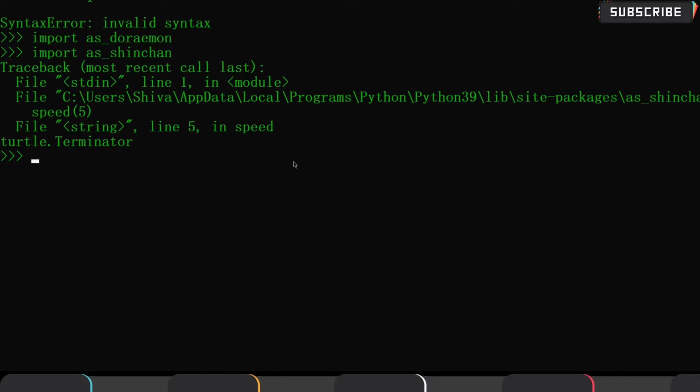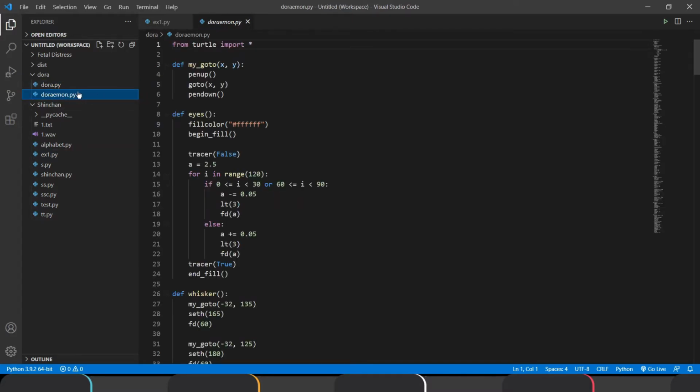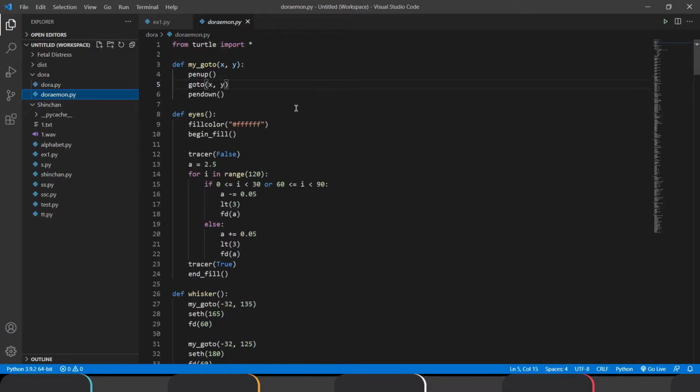Okay, so as we have installed the Doraemon module, and we verified that it is working, let's see some sample code on this module. So guys, in previous videos we used two files to draw the Doraemon.